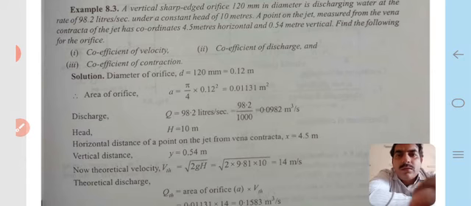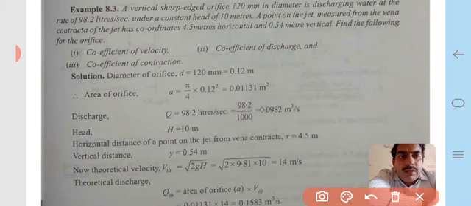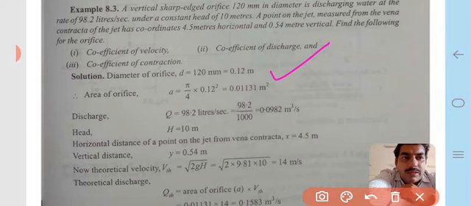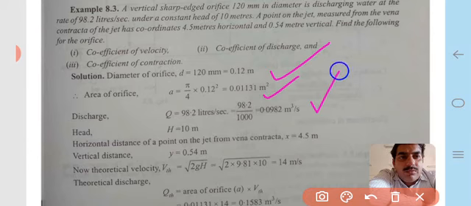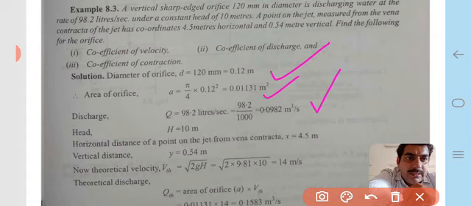Therefore, the diameter of the orifice is given, that is d equal to 120 mm, and it is converted into meter, that is 0.12 meter, and area of orifice A is equal to pi by 4 d square, that is 0.01131 meter square. Discharge Q is equal to 98.2 liters per second, and it is 98.2 upon 1000, therefore 0.0982 meter cube per second,